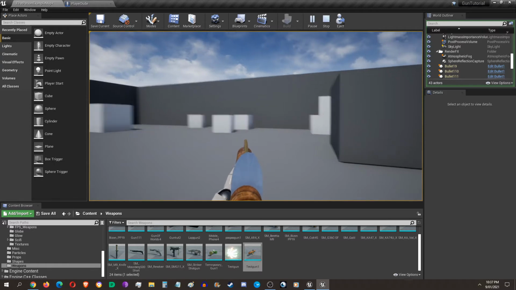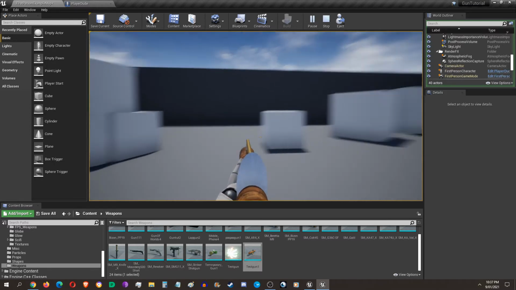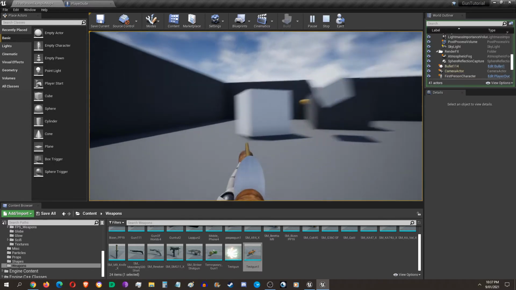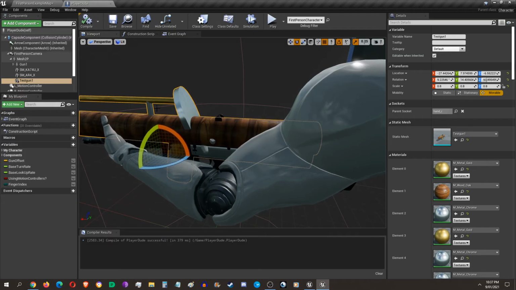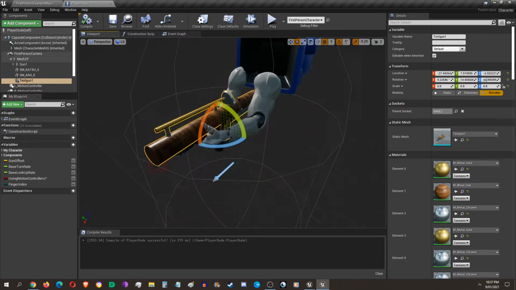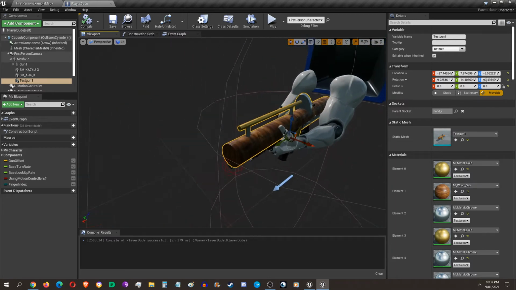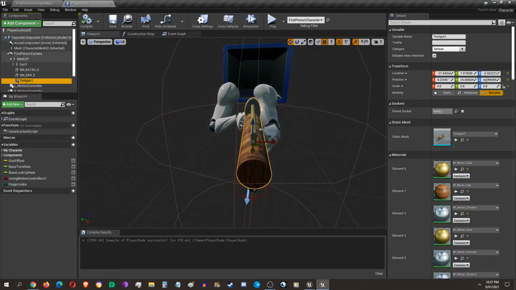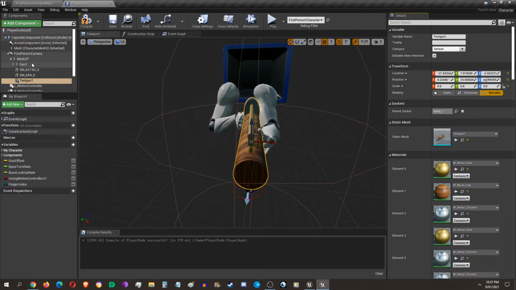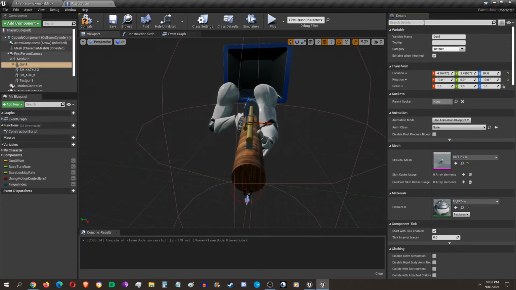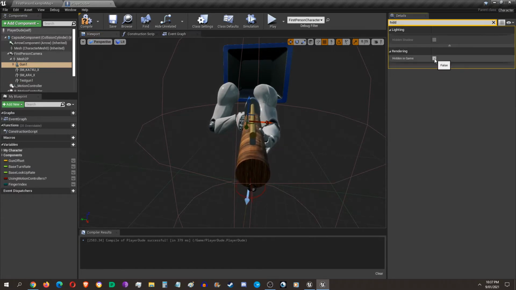Do a good zoom on that. Alright, so that'll do for now. I can do all other guns as well, but as just an example of me making one. So we'll set that to hidden as well. Hidden in game. So they're all hidden, and what we'll do with this one, we'll unhide this. That'll be the first gun